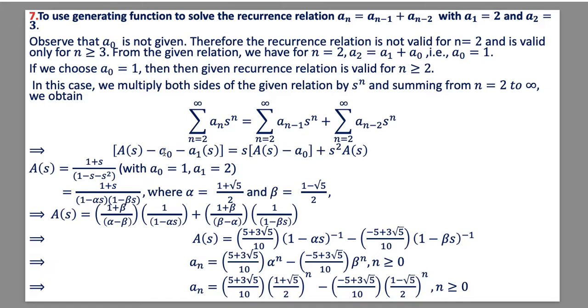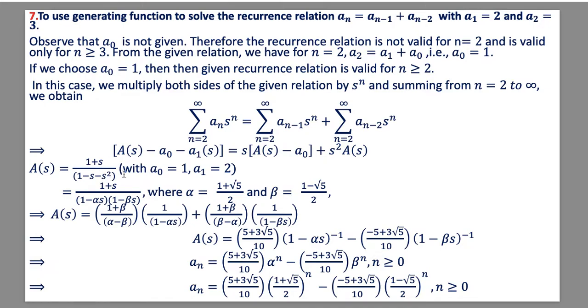A naught is 1 and a1 is 2, so this is 2s, and this is s a naught. So a naught equal to 1, so s. So 2s minus s is s. So A(s) is 1 plus s upon 1 minus s minus s square. We know that we cannot factorize it easily, which means the value of s